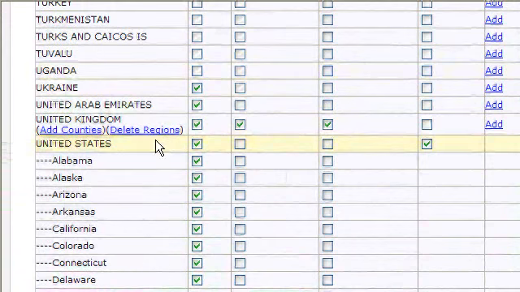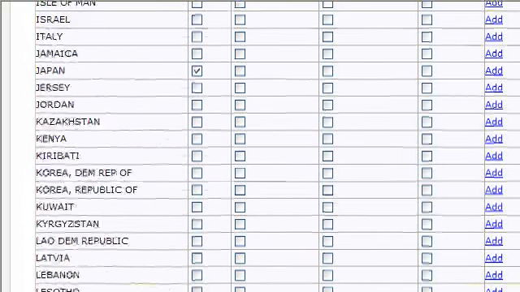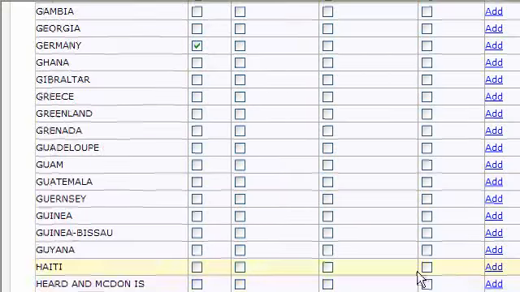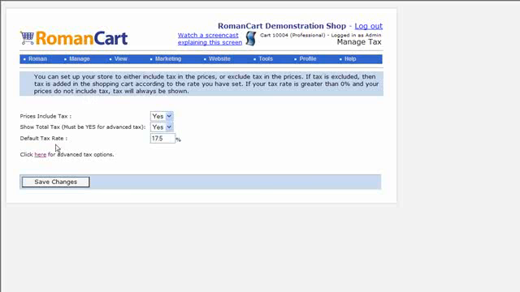Apart from that, you can see in this cart we've got, I don't know, Ukraine ticked there for allowed, United Arab Emirates ticked, United Kingdom ticked, and we've got the United States where we're using the states as well. So with that in mind, there's other countries as well that we've allowed on here, such as Japan. So if we go back to the Manage Tax screen and then click on the Advanced Tax link again,